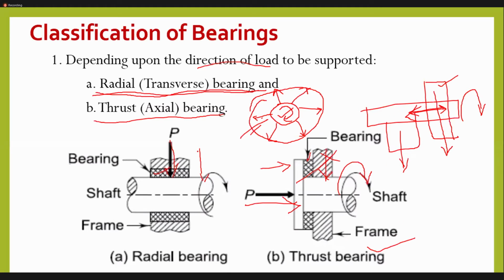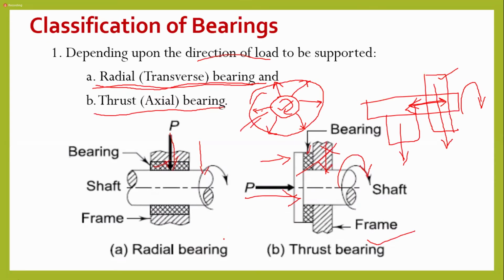So in some cases we will be having the axial or thrust load and radial load together, right? These things we have already discussed in the problems, right? When there are two types of loads, how the problem will be, we will discuss later. First, initially we will go with the basic things, right? What is the radial load and what is the thrust load? And when we are discussing the problems, we will definitely discuss what the mixed load is and when a mixed load will happen, right?